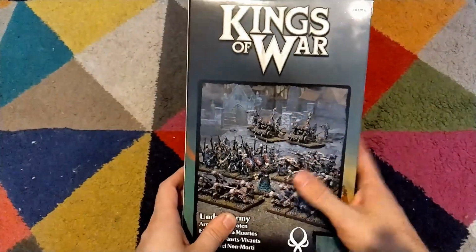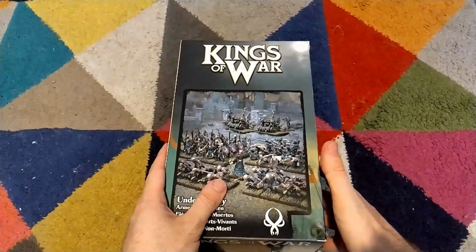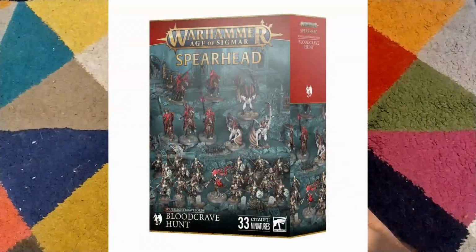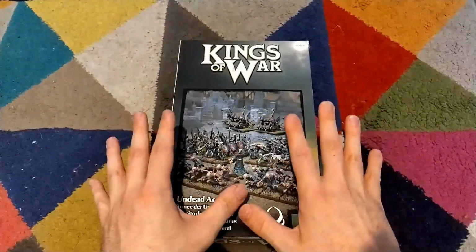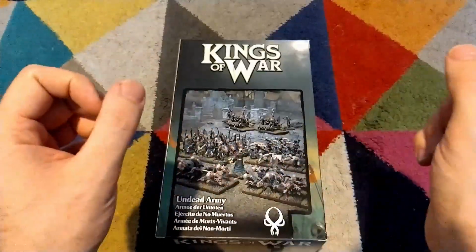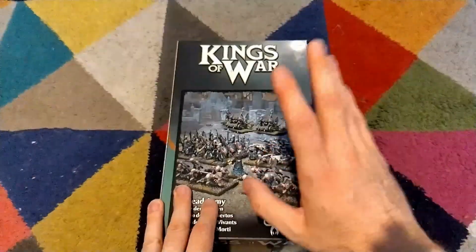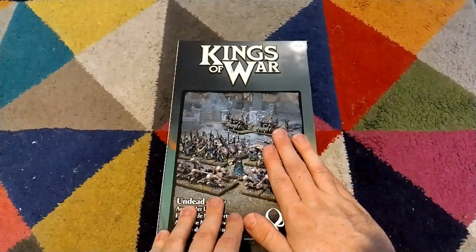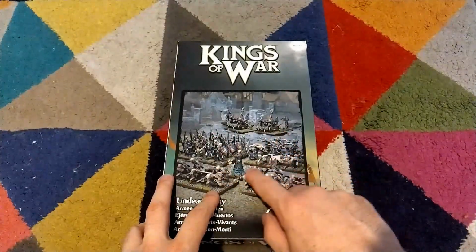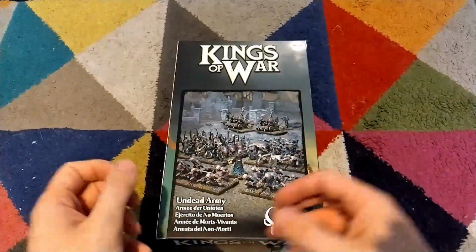And this is the Undead army. The reason I have bought this is because I decided to purchase the Soulblight Gravelord's Spearhead for Age of Sigmar, because I've gotten into Age of Sigmar, specifically, well, both versions of the game, but Spearhead is a really good little intro to the game. And I bought that, and I decided to buy this as well to see how well I could integrate the skeletons and the zombies and the little necromancer guy from this set into that Spearhead,